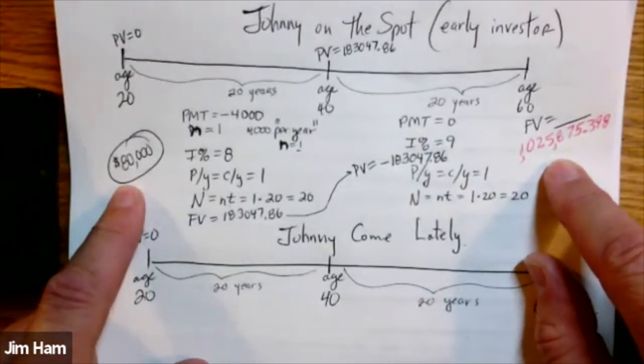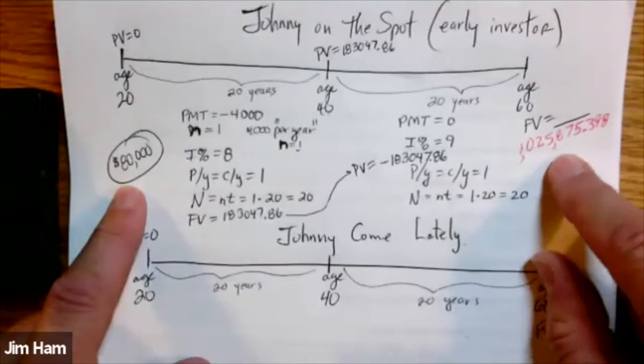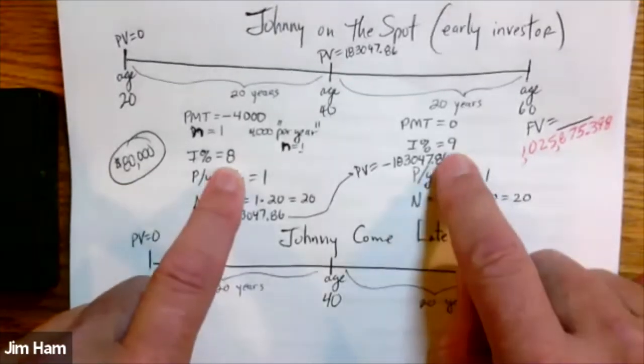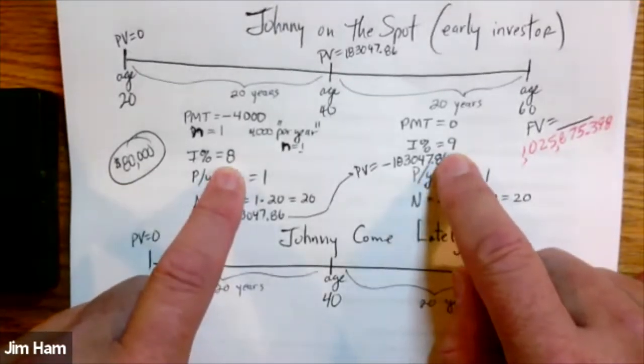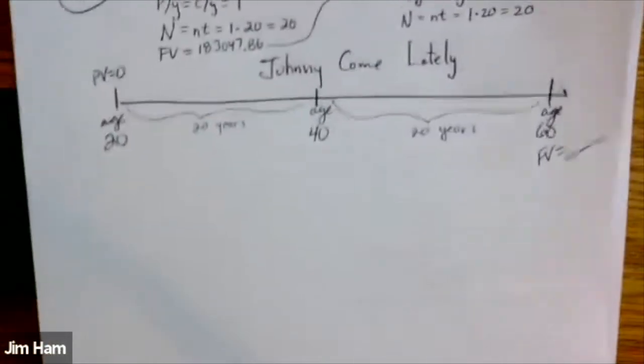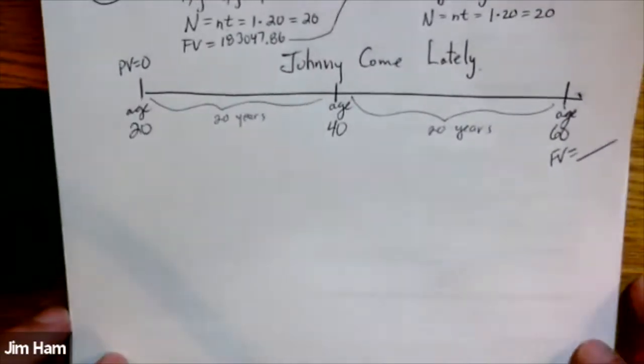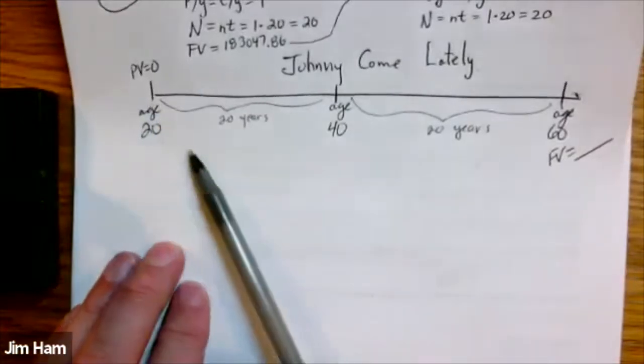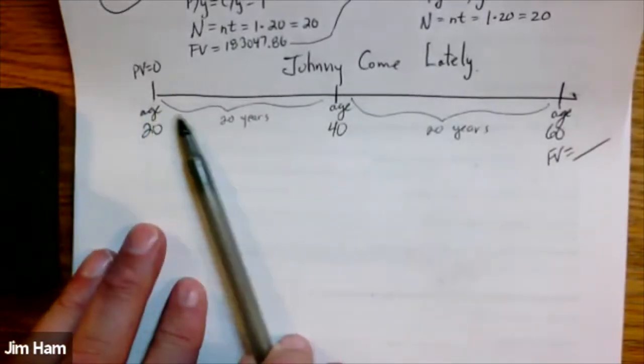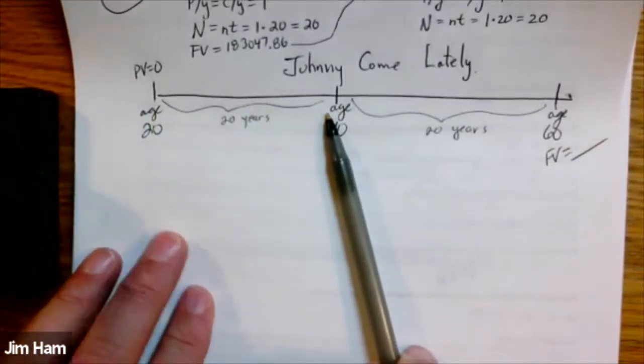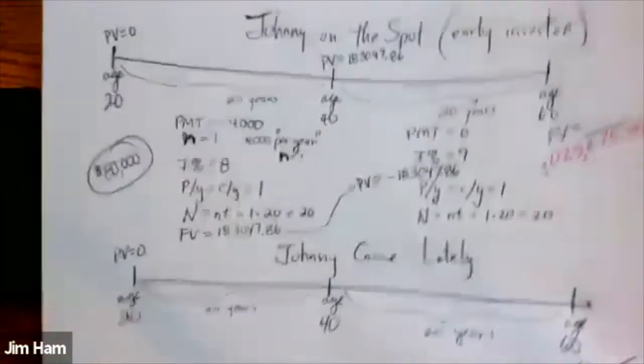80,000 becomes $1 million. Now, I will have to say that these are nice interest rates, and if you can get those interest rates, you can be very happy with yourself. Okay, let's take a look at our friend Johnny Come Lately. Now, Johnny Come Lately, if you recall, he didn't put anything away for those first 20 years. So while Johnny on the Spot had over